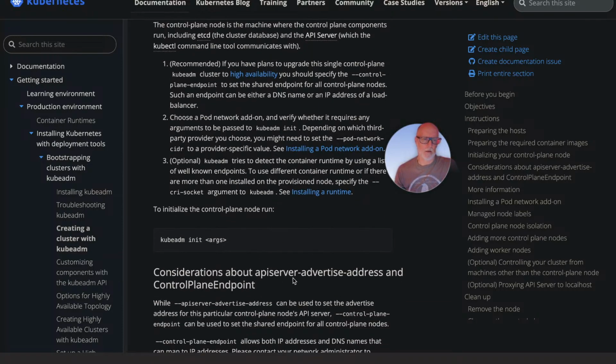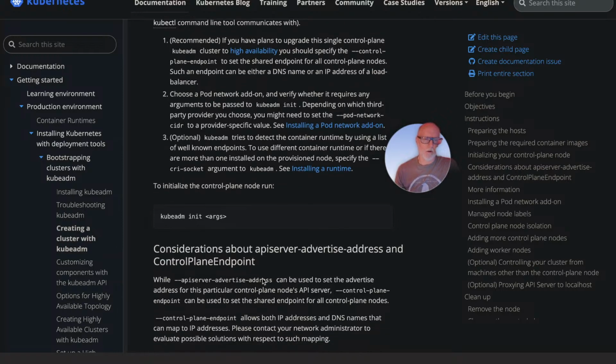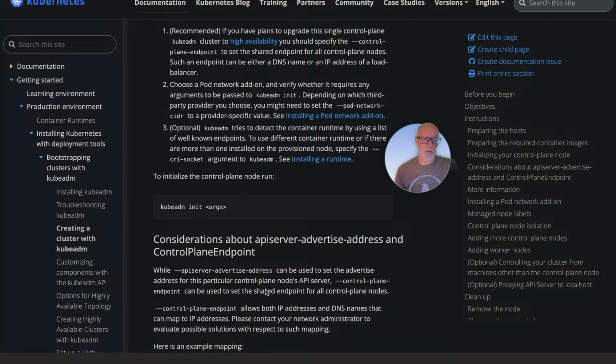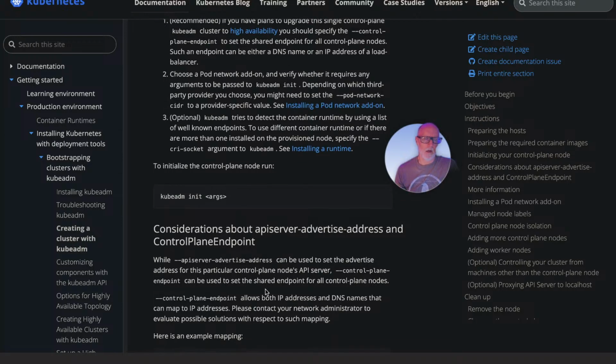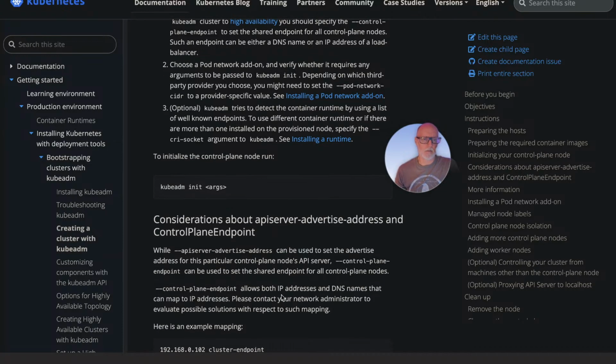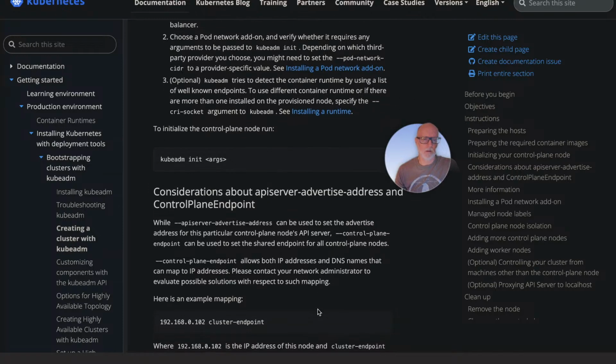It says here, considerations about API advertised address and endpoints. While API advertise address can be used to set the advertised address for the particular control plane node, API server control plane endpoint can be used to set the shared endpoint for all control plane nodes. Control plane endpoint allows both IP addresses and DNS names that can map to IP addresses. Please contact your network administrator to evaluate possible solutions with regard to such mapping. So this control plane endpoint is probably the single IP that we want to have, and that would be, I'm guessing, a DNS name that has round robin or a load balancer. Sorry, I don't have a load balancer, so